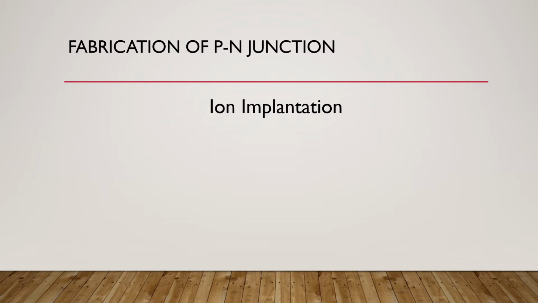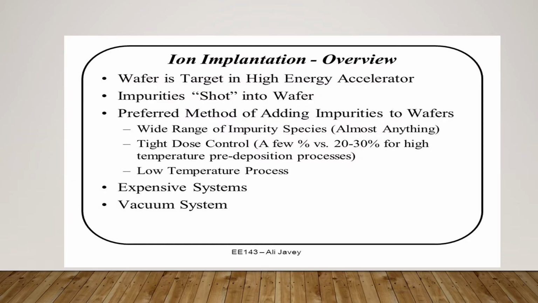which is used all over the world to fabricate p-n junctions or even dope the semiconductor material with pentavalent or trivalent impurities by using ion implantation. So what is ion implantation and what is required for it? A wafer is required and a high energy accelerator is required. The wafer is a target in a high energy accelerator. Impurities are shot into the wafer. That is, we direct the dopants which are to be added in the substrate,